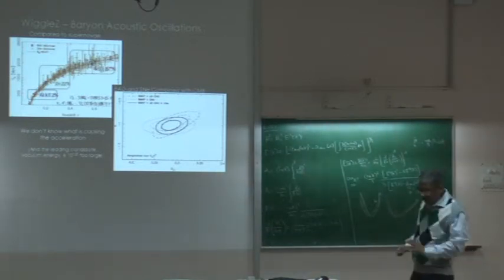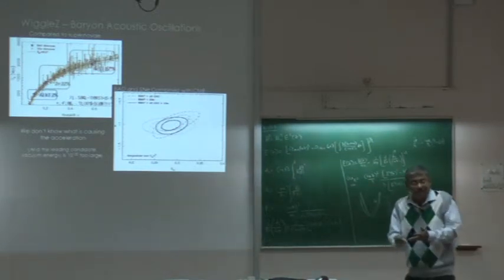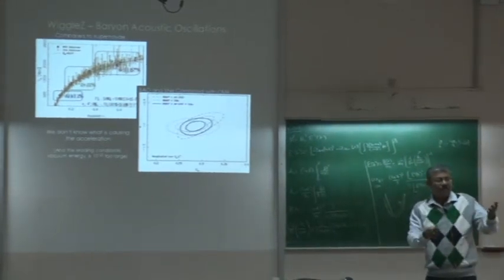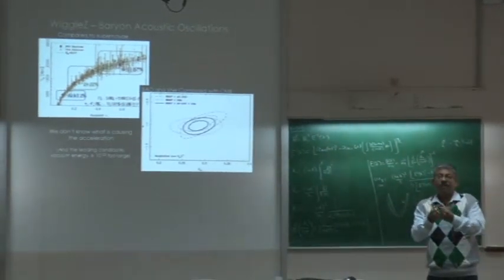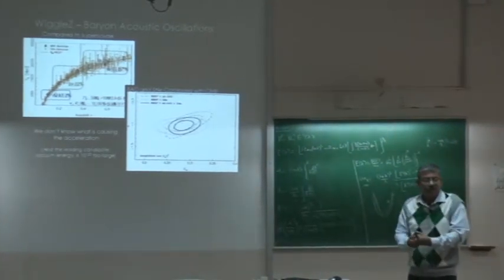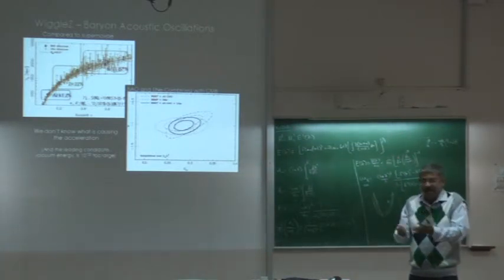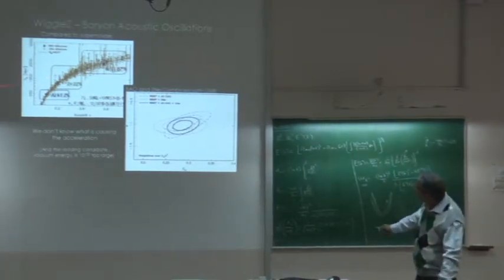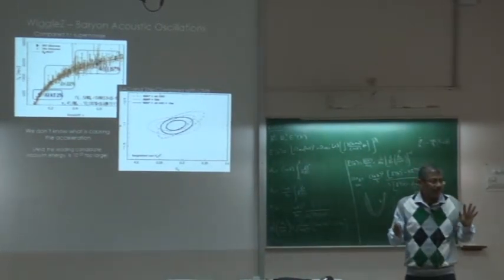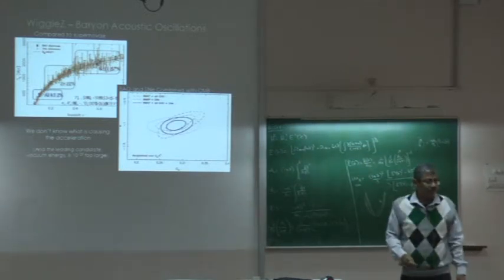And here what we have done is, see, these orange lines are the data, the same, because if you have oscillation, you can measure the distance, right? So I measure the distance from the supernova by measuring the flux that I received from the supernova. Here I measure distance from the baryon acoustic oscillation, measuring the angle subtended by the sound scale, right? So ultimately you measure a distance. So what has been shown is that these orange lines are the supernova measurement of the distance, and these black lines are the baryon acoustic oscillation.